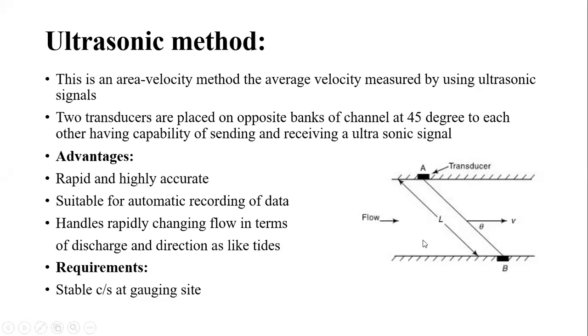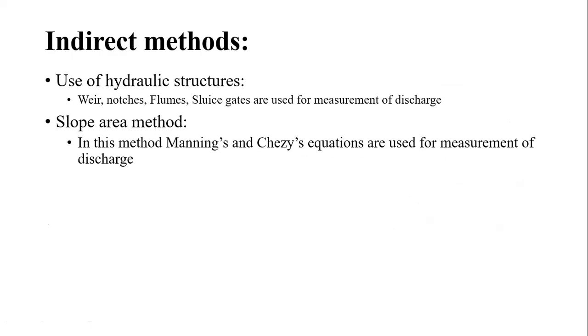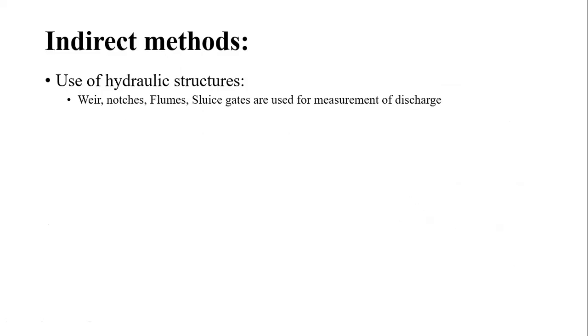यानी जहाँ पे हम measurement carry out कर रहे हैं वहाँ का जो channel section रहेगा that must be a stable channel section. Then the next methods are the indirect methods. अभी indirect methods में क्या किया जाता है? They used to have applications of either the hydraulic structures or the slopes etc. यानी कि जो चैनल सेक्शन रहेगा उसका जो बेड स्लोप रहेगा वो बेड स्लोप वगैरह यूज करते हैं.